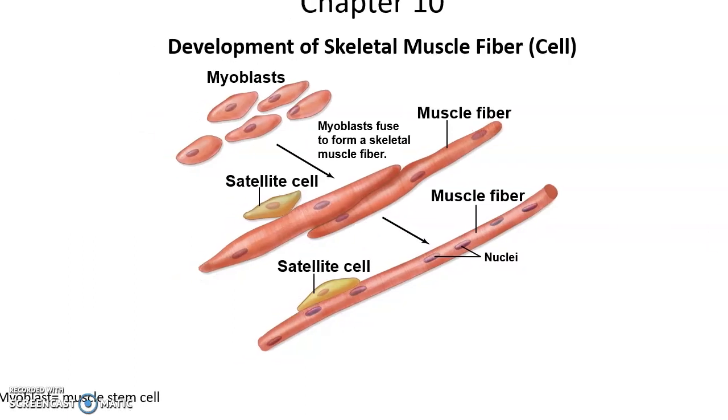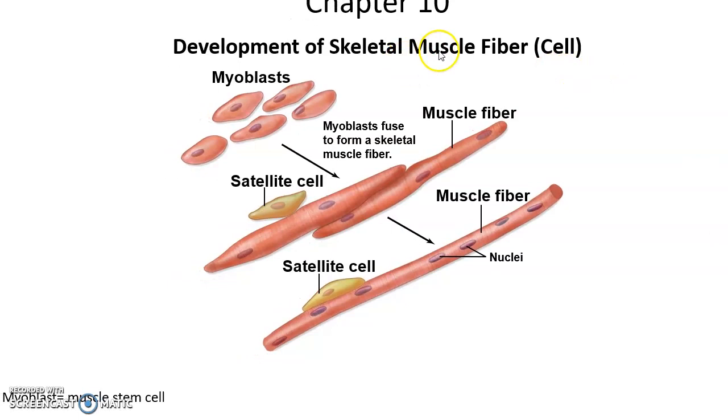All right, muscle cell development. So when we're talking about skeletal muscle cells or skeletal muscle fibers, they originally were myoblasts. Myoblasts were stem cells that only become one thing, and that is skeletal muscle fibers. And the way they do that is they fuse together, and as they fuse together, they become an extremely long column-shaped cell. And within the cell are lots and lots of nuclei. So the reason why skeletal muscle fibers have multiple nuclei is because they were originally lots of different stem cells,